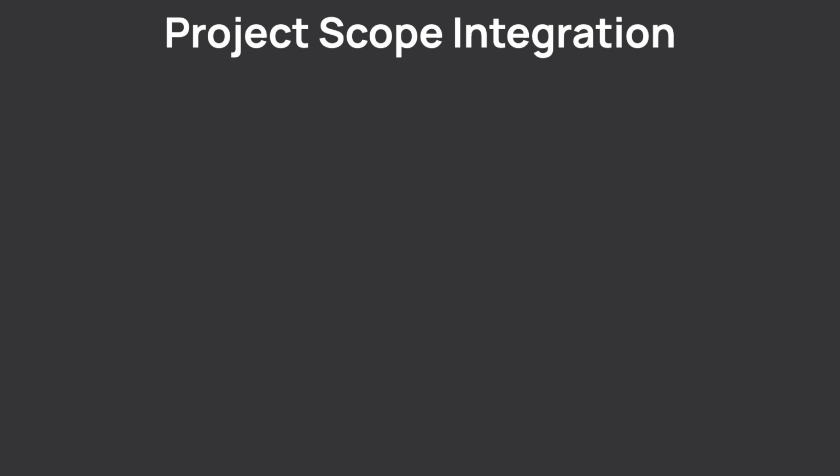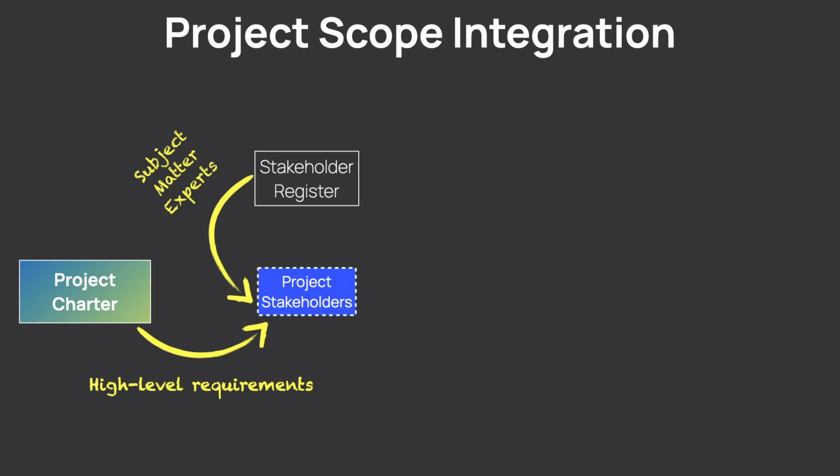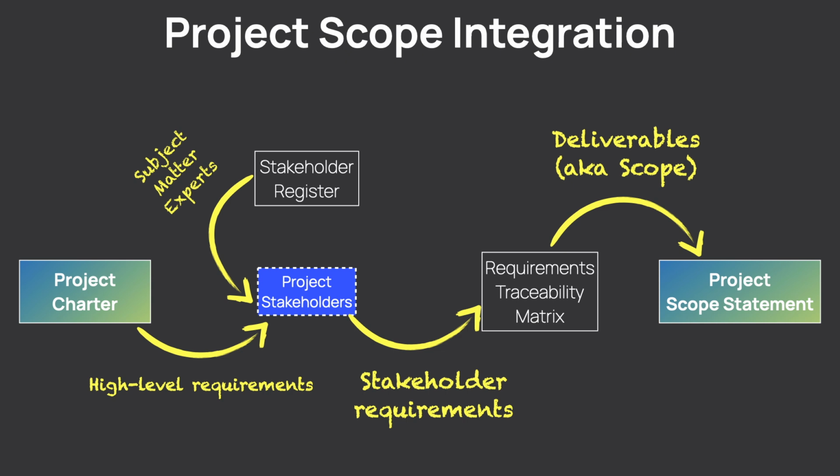So, how does it work in practice? You start with the project charter, then you add project stakeholders who can help you elaborate on high-level requirements and the project's goal. Together, we need to identify more stakeholder requirements, which will dictate what we need to create in order to reach project's objectives. In other words, what deliverables do we need to produce? Then we put it all in the scope statement, and ideally, project owners need to approve the scope statement. This leads us to a critical conclusion. The project scope statement helps you clearly define the project scope, which will ensure achieving project's objectives.